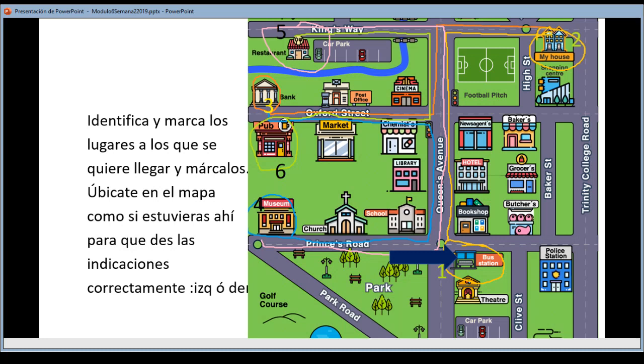For example, well, here is for the first point, bus station is number 1. Find number 2, my house. Then number 3, the bank. Number 4, over here, the museum. Number 5, the restaurant. Number 6, the pub. And that's all. Once I have identified the name of the building I need, yes, because I have to answer some questions,